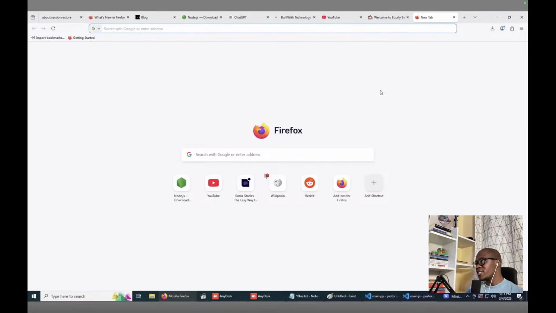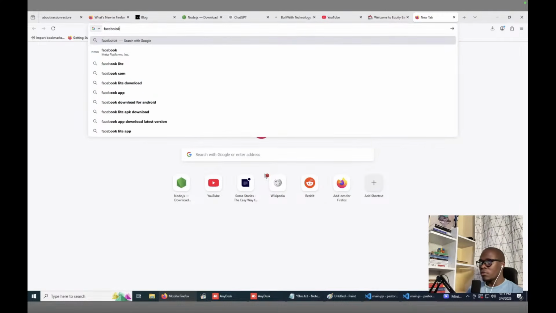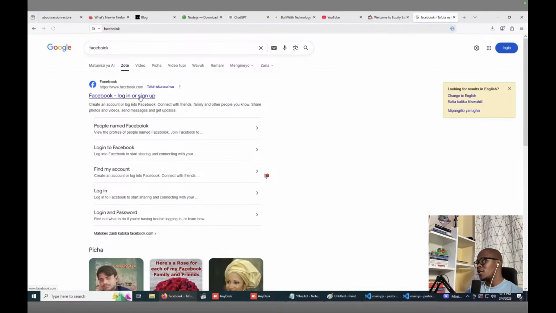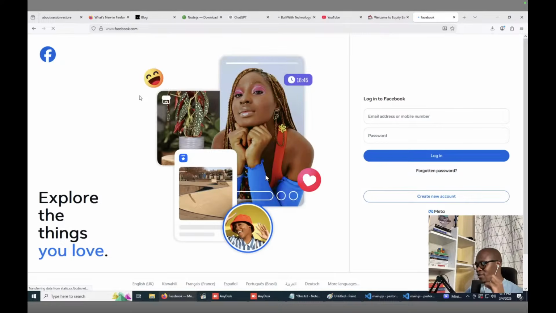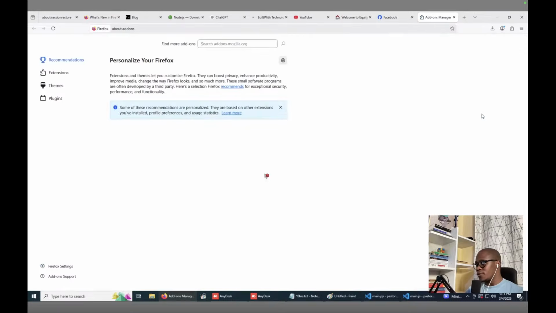Right now in your browser, you just type the address and you browse. If you want to go to Facebook, you type Facebook and you browse, that's it. But there are a lot of other things you can do with your browser. For example, you can install what you call a plugin. To install a plugin, you can click on this icon right here and then say discover extensions, and